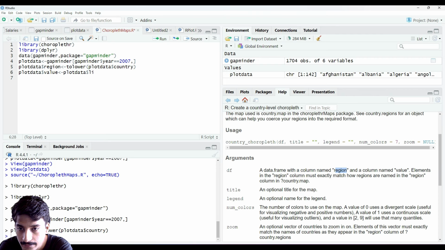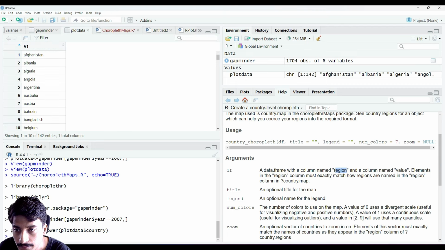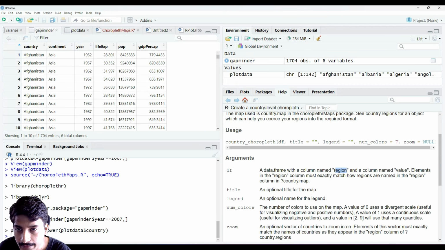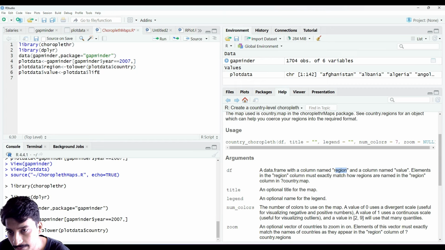So you need to get the life expectancy, and let me check what's the column name for life expectancy. So lifeExp, and basically,